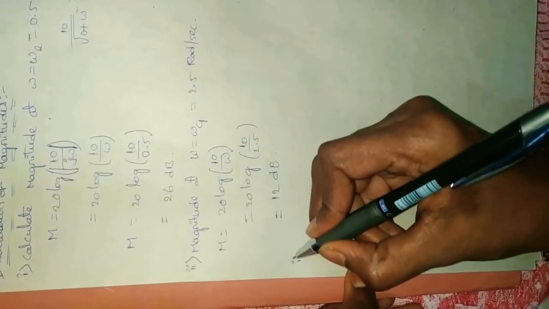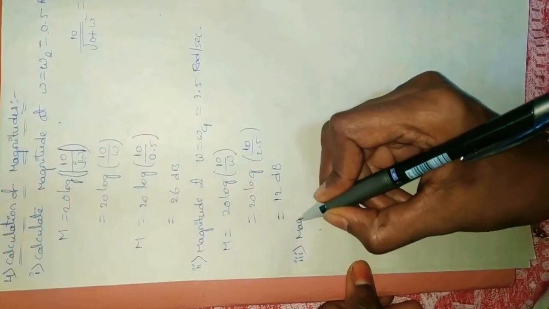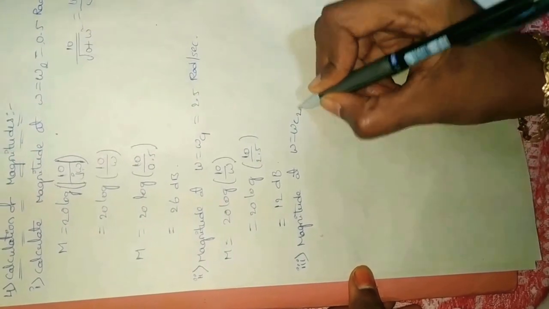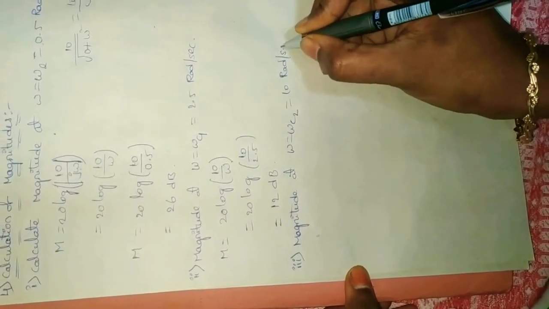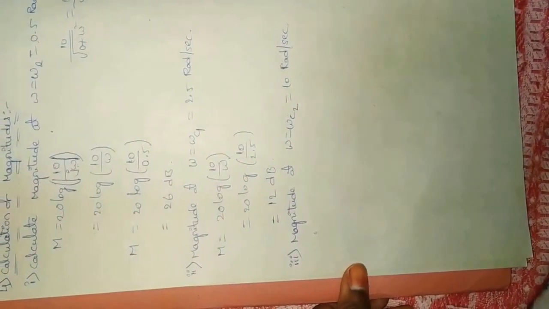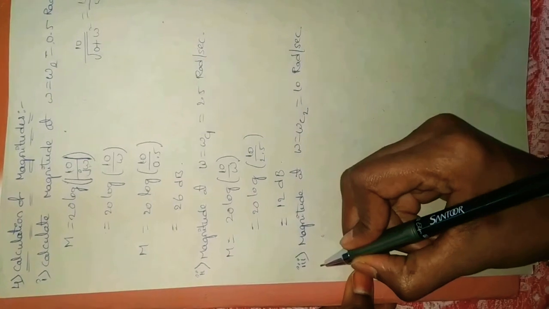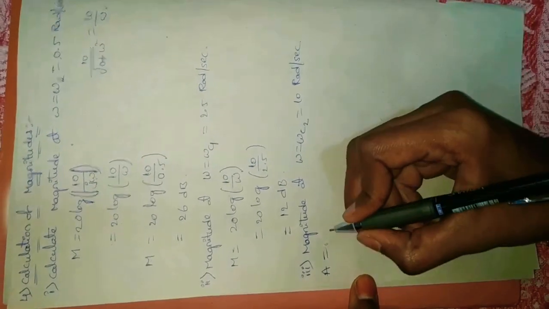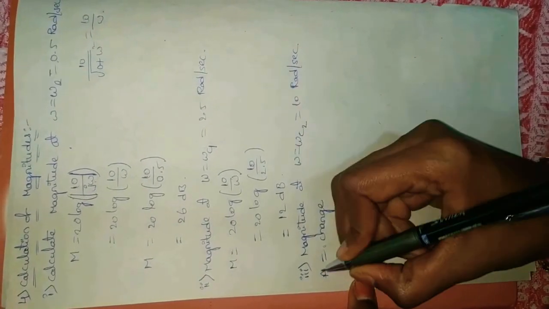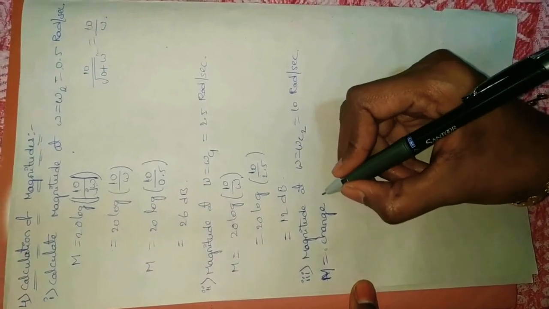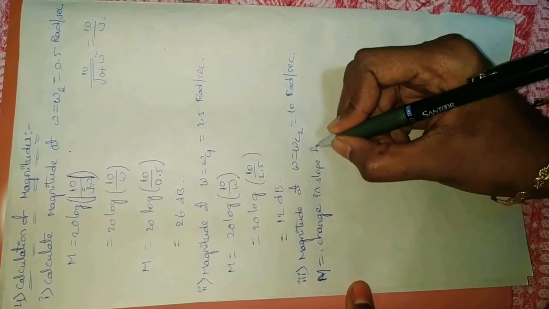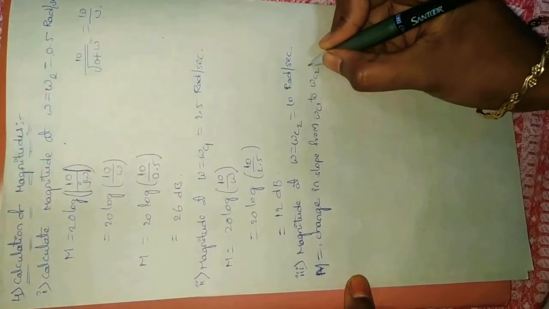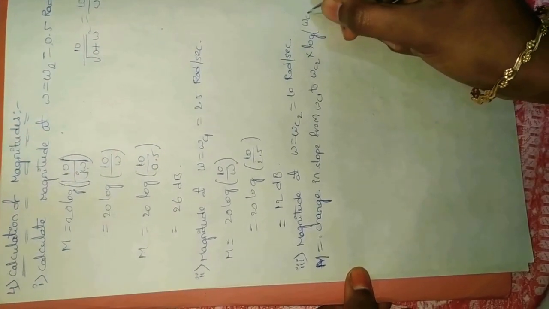Next thing is the magnitude at omega equals omega C2 equals 10 radians per second. Now I want to calculate the magnitude at omega C2 equals 10 radians per second. At this point, in order to calculate the magnitude at omega C2, we will have one formula: M equals the change in slope from omega C1 to omega C2 into log of omega C2 divided by